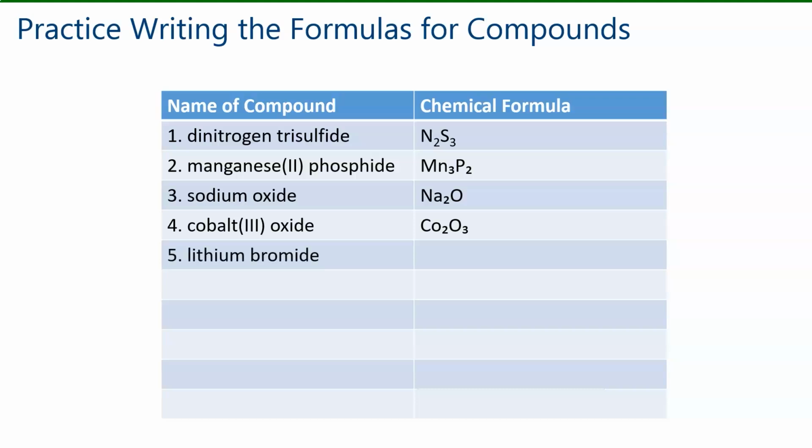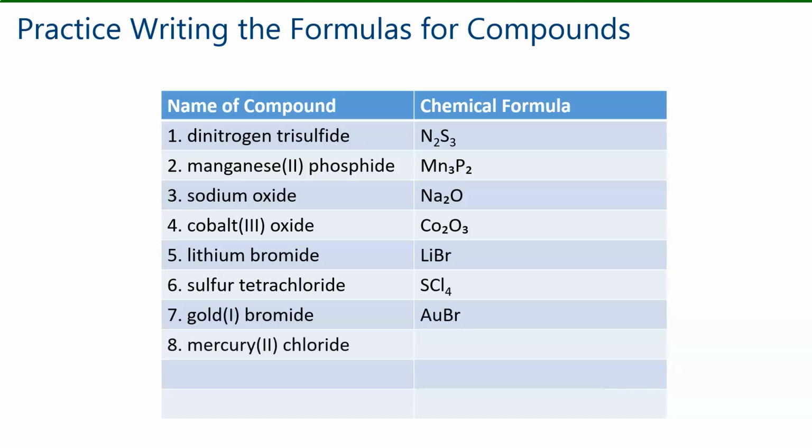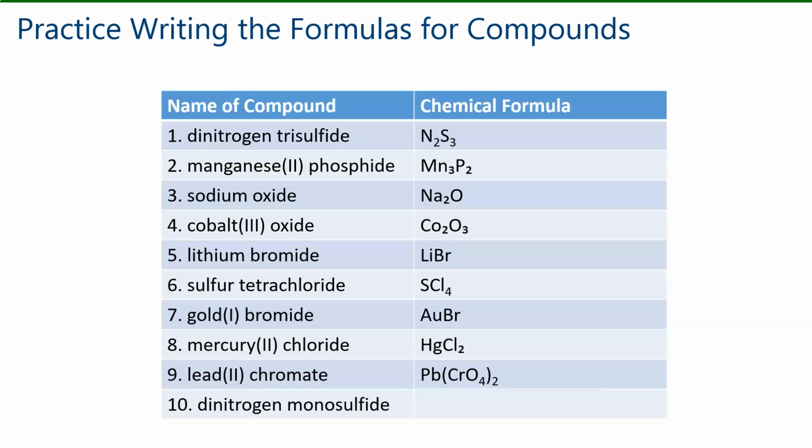Number 5, lithium bromide, another ionic compound, LiBr. Number 6 is sulfur tetrachloride, SCl4. Gold(I) bromide, AuBr. Mercury(II) chloride, HgCl2. Lead(II) chromate, PbCrO4 in brackets, and dinitrogen monosulfide,